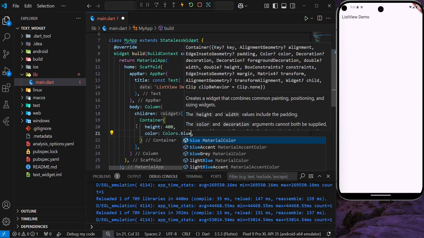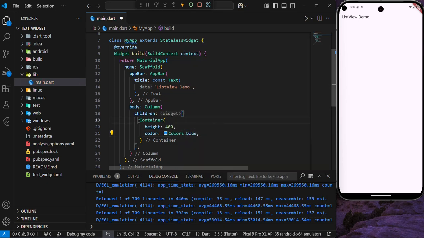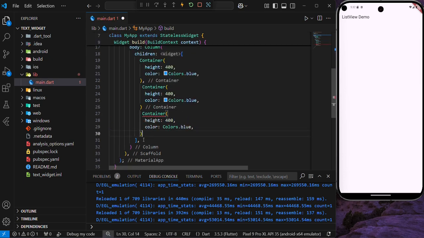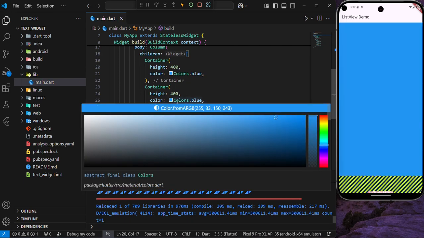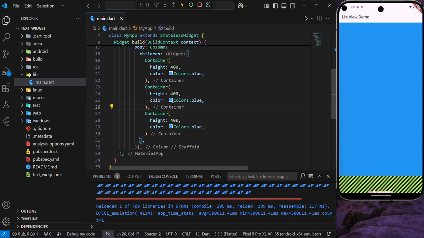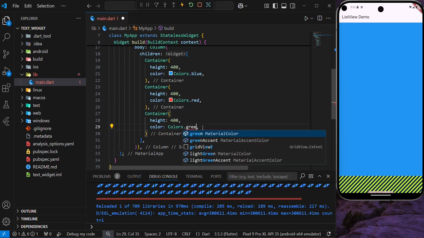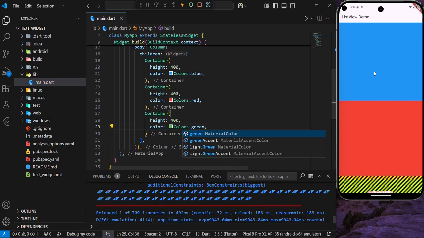blue. I'm just going to copy this, make it gray, and I'm going to save this. Now okay, they're all blue. Let me change this to red and this to gray and save this. Now you can see that when my container reaches the bottom of my app screen here,